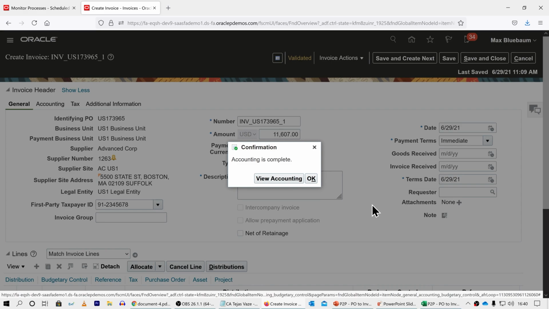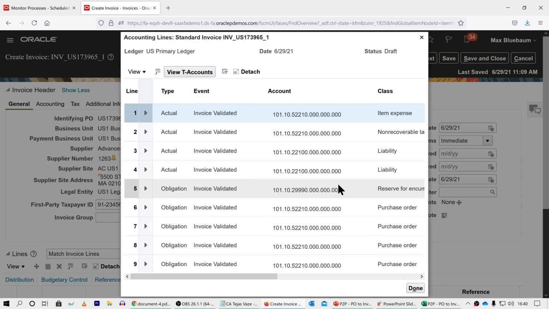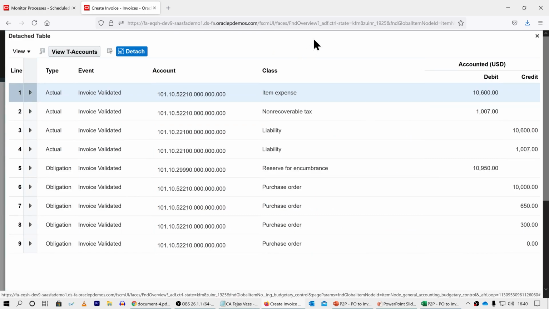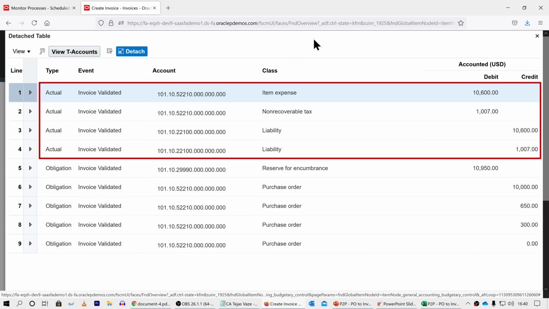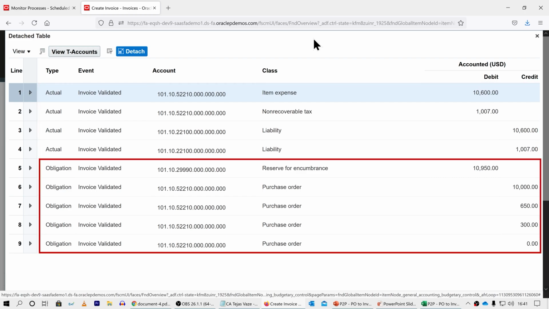Click on View Accounting and click on Detach for a better view. Notice that two journals have now been created. The first journal is of the actual type, which is for recording the payables invoice, and the second journal is of the obligation type, which is for recording the liquidation of the encumbrance that had been created on account of